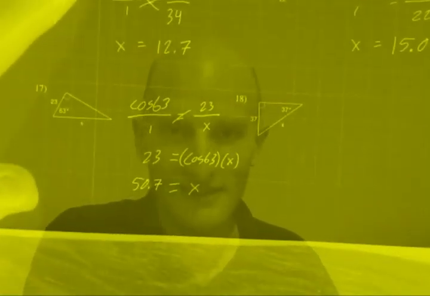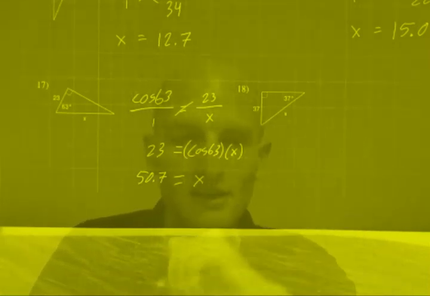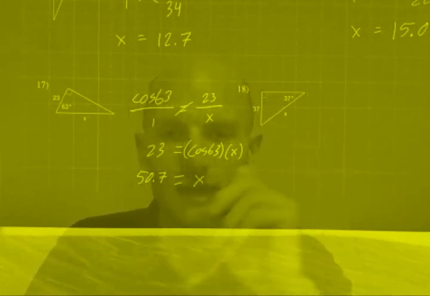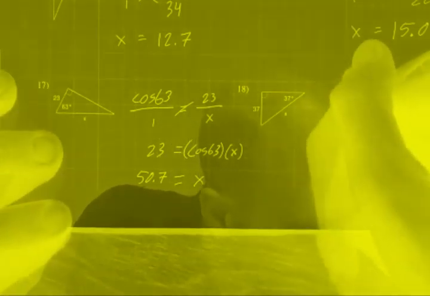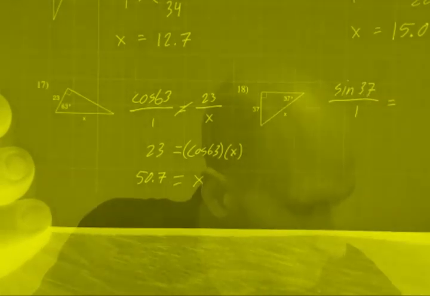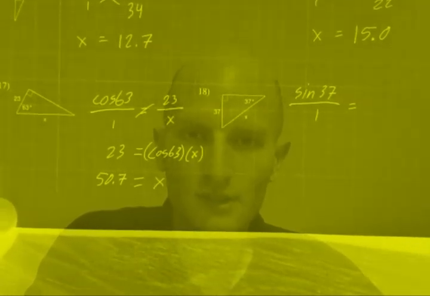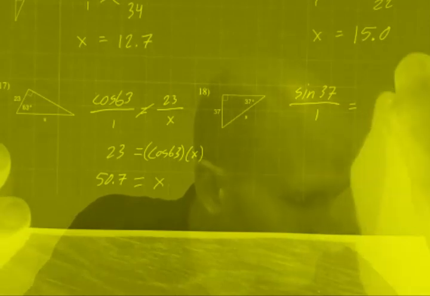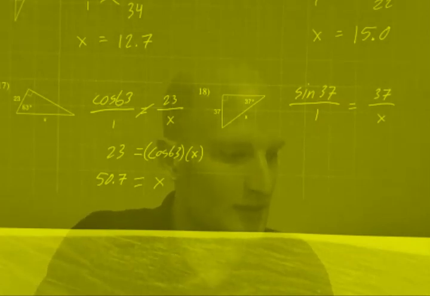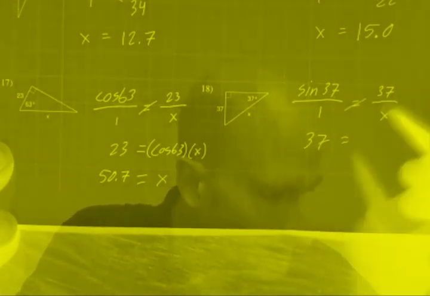This is going to be one of our fastest videos, one of our shortest videos. We have 37 degrees and a side of 37, and then hypotenuse of x. So the 37, the side, is the opposite. Opposite hypotenuse, sine. So sine of 37 over 1 equals opposite over hypotenuse. Okay, so we have 37 times 1 is 37 equals